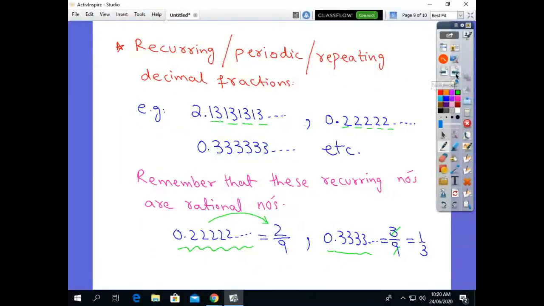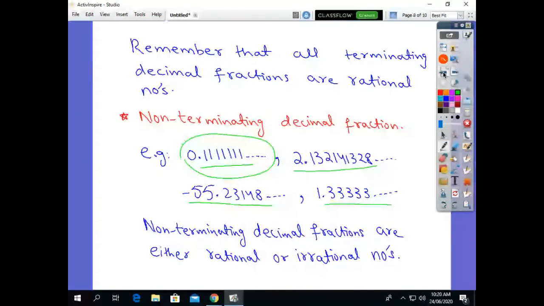It is rational because we defined that when a number is repeated again and again in a recurring, periodic or repeating number, such a number is a rational number. Here in the first example, 1 is repeated again and again. That's why this number is rational. Similarly, 2.13214132.8 is not a repeating decimal number. That's why it's called an irrational number.